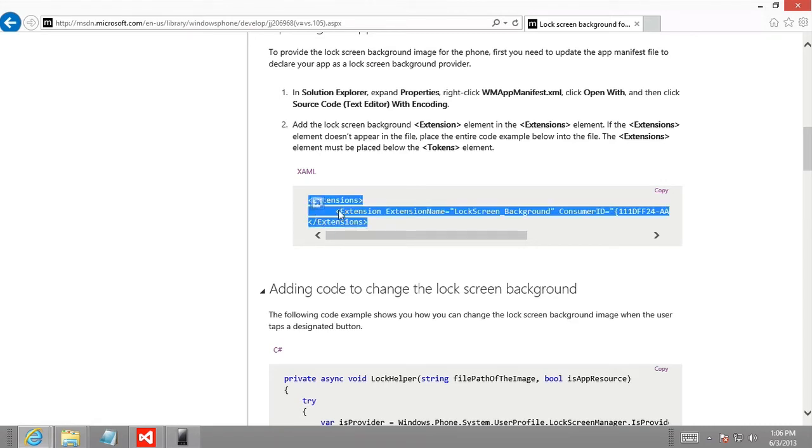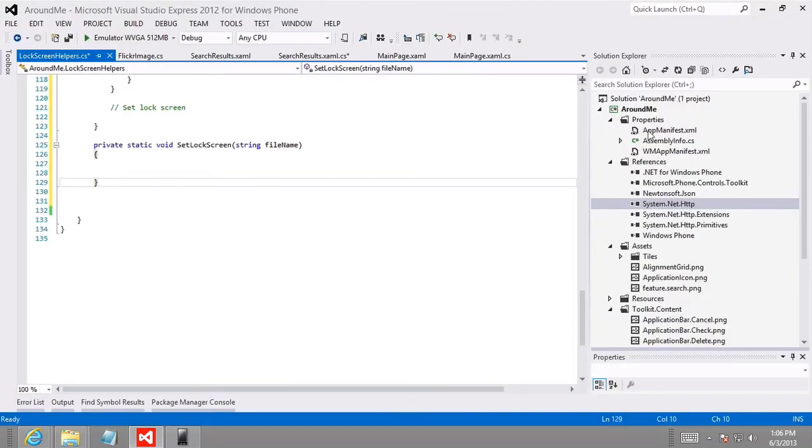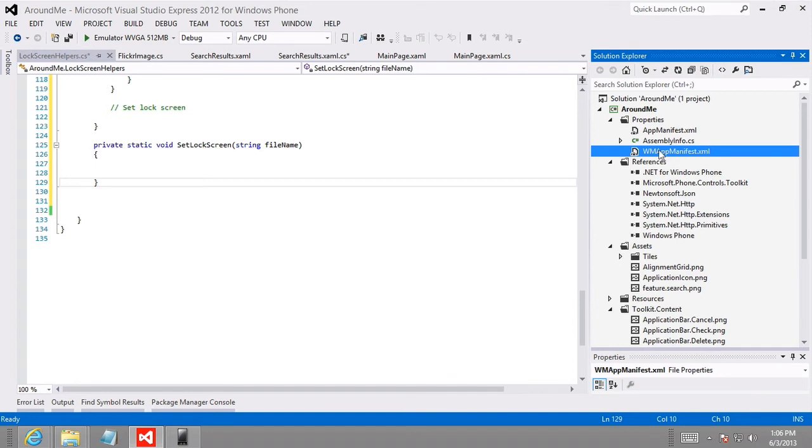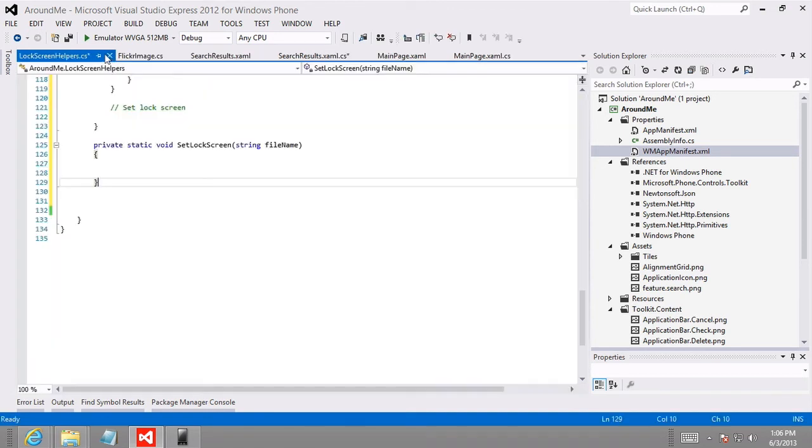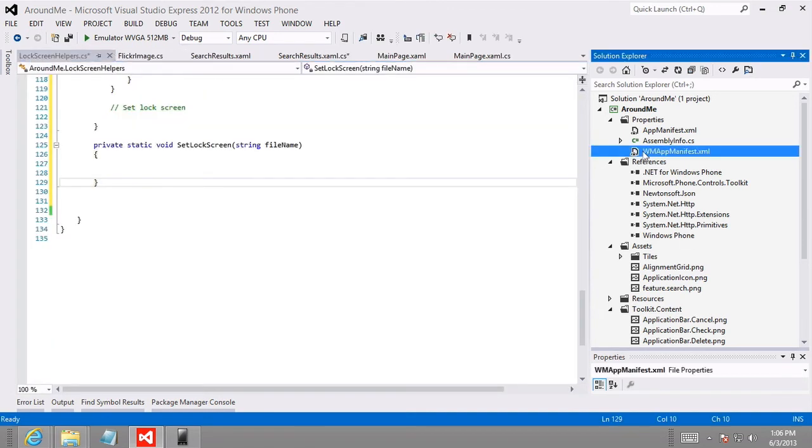And so I'm just going to copy this, and then we're going to open up our WMAppManifest.xml. Now, typically when we just double click and open it up, we get the friendly designer, and that limits the choices that we can make here and makes it easy for us. But there's no design support for this extensions